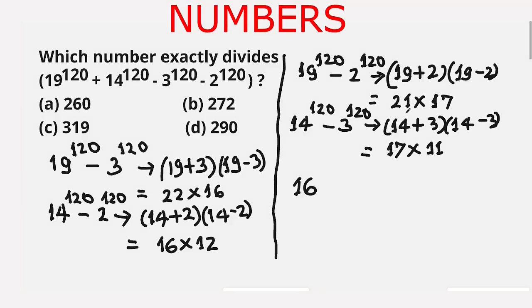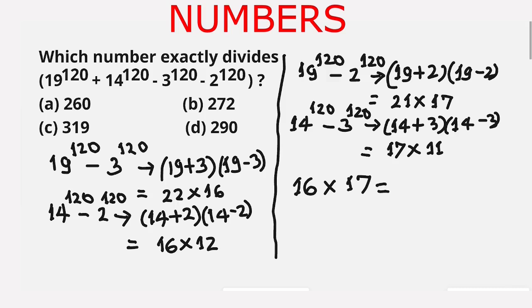The common factor between these two is 17. In the first it was 21 multiplied by 17, and in the second it was 17 multiplied by 11. So the common factor in these two is 17. So the common factors are 16 and 17, or we can say it is 16 multiplied by 17, and this